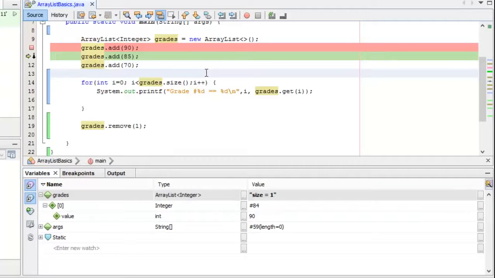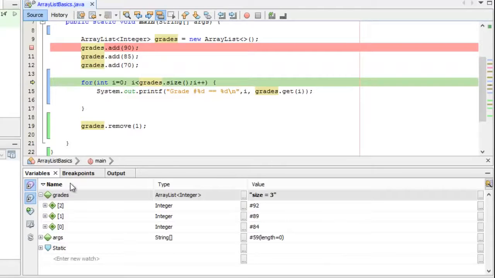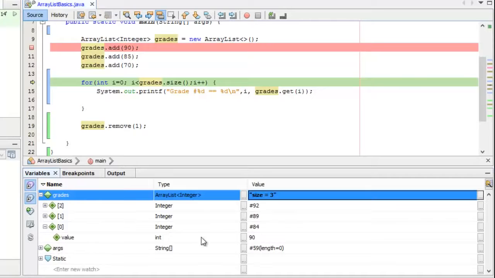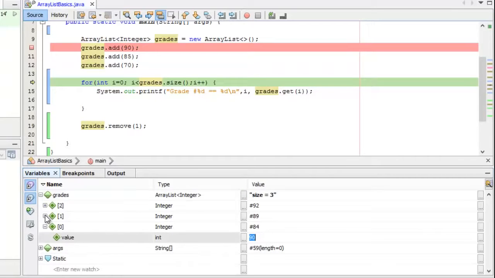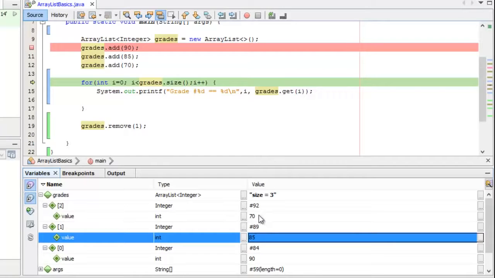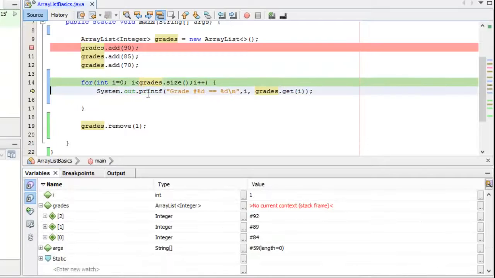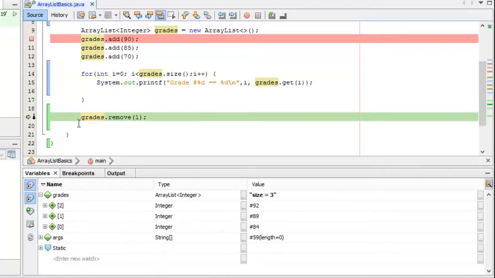And again, when I do this 2 more times, it will now have 3 items in the array list, a 90, an 85, and of course a 70. So this for loop then will just kind of go through each item in the array, right, and print it out. But what I want you to do is focus on this line 19 here, because this is something you